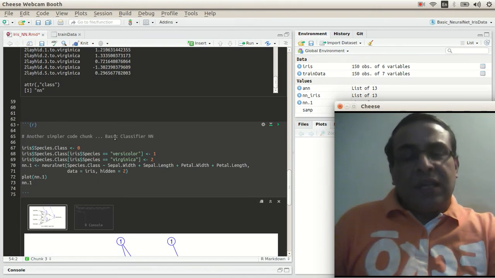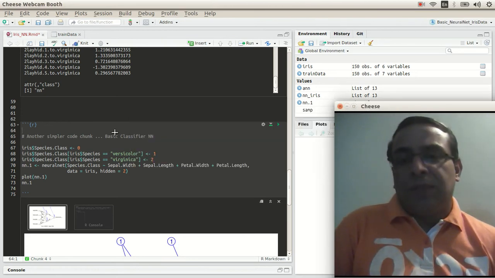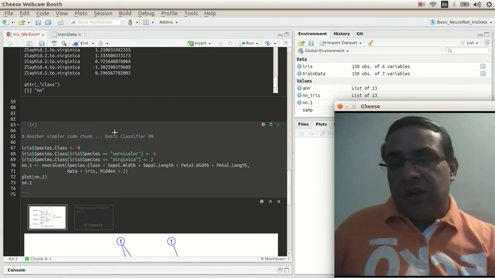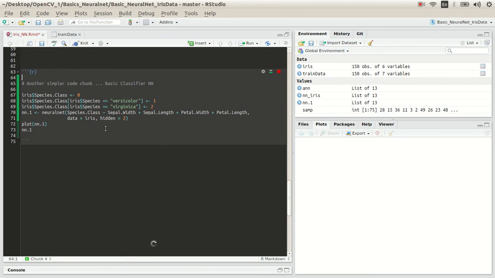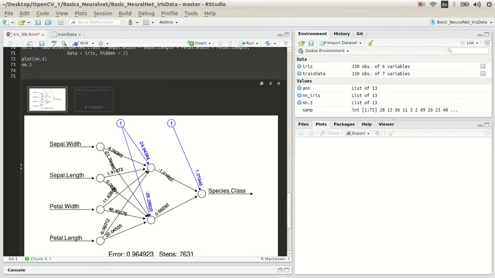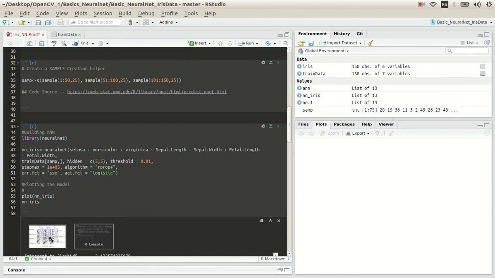This is another basic code chunk, in case we want to do something much simpler. Then you can use this code. Most of it is quite self-explanatory, but what it gives us is a difference. The number of layers is different. This is just 2 nodes and just 1 layer, whereas what we saw earlier